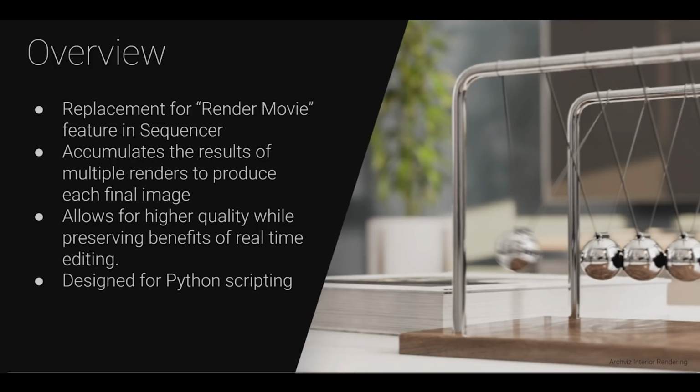And it's going to give us a lot of different benefits, like reduced noise in ray tracing and better motion blur. Another thing that's now possible with the movie render queue is adjusting your settings to be higher quality during the render. So you can pick high quality settings that maybe are not viable for real-time editing, but when you go and actually render them out, you can then apply them. One last big change that we've made is that it's now designed for Python scripting. So it's much easier to integrate into pipelines and other workflows that you might be using that are driven by Python.